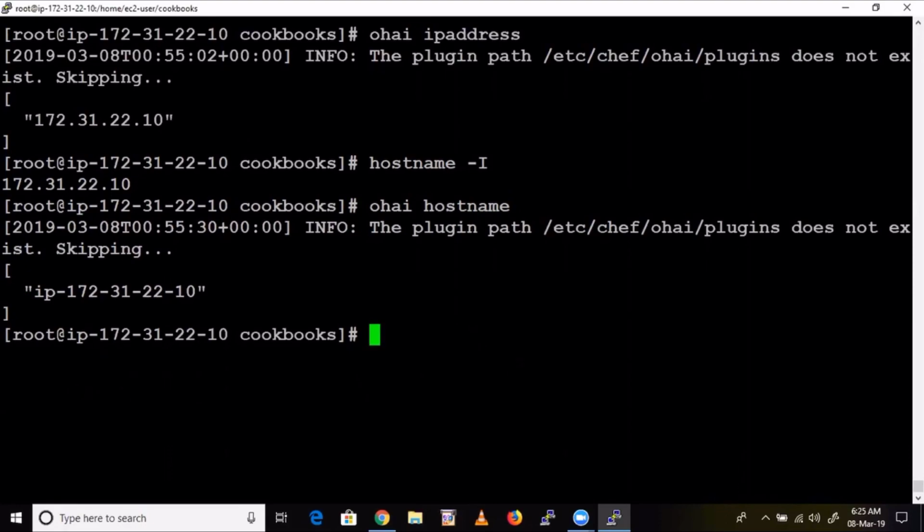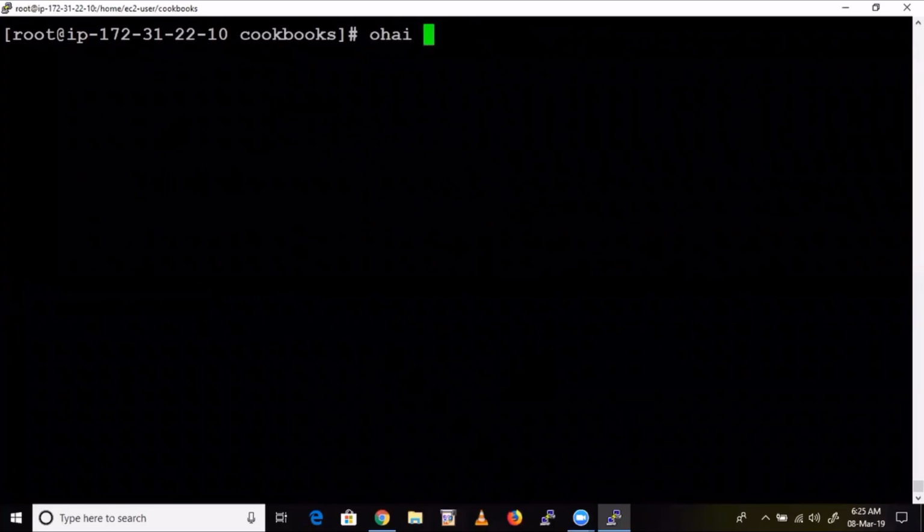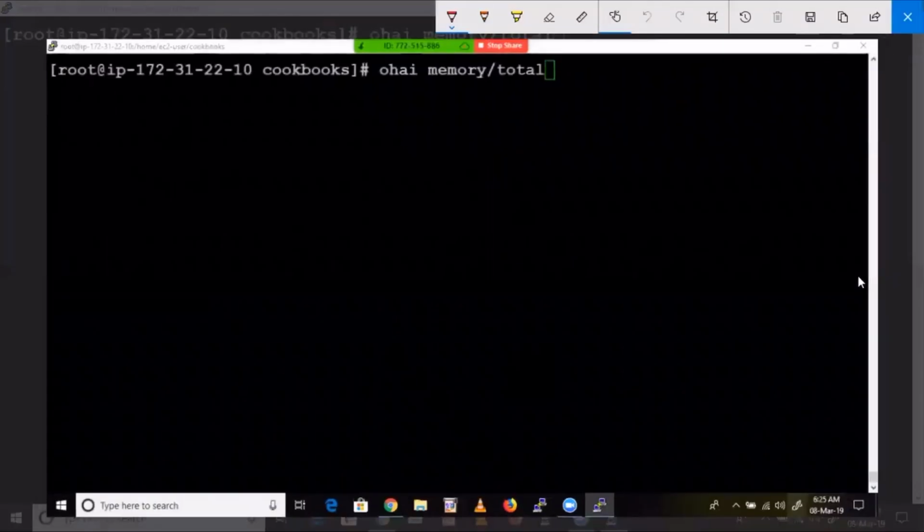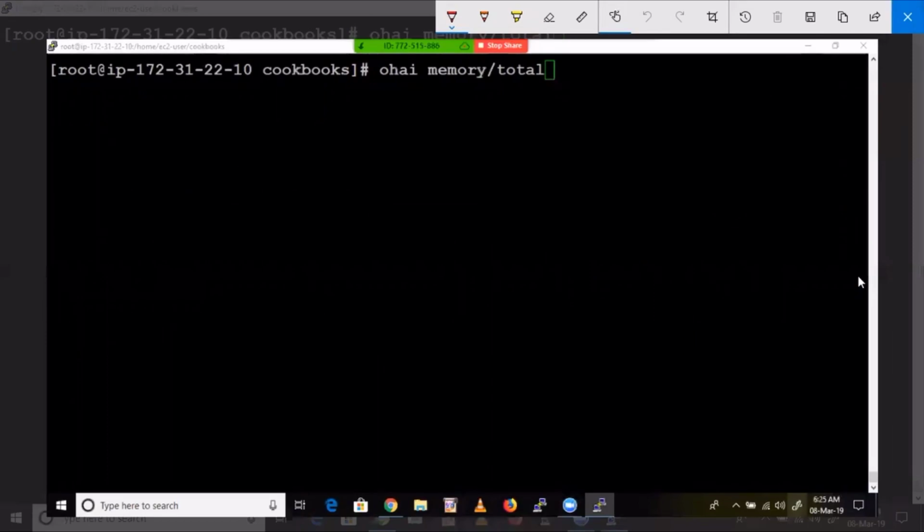For example, I want to see the current memory utilization of my machine. So the command is ohai memory/total. I'll tell you why I'm giving /total. See here, what will I see in memory?